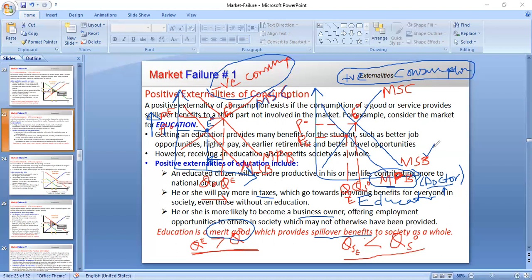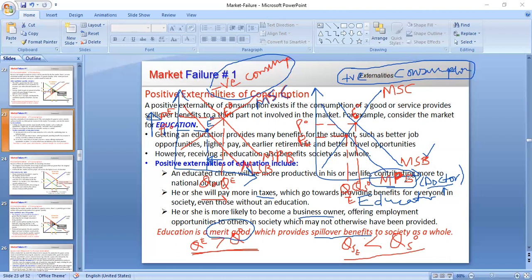But now he's issuing a vaccine to the citizens. Don't you think they are getting something free? They're getting a vaccine free. They're getting a free service from this doctor. So it means that the citizens are benefiting more than the doctor is benefiting from his salary as a result of the education that he incurred to become a doctor. So that's why we say the marginal social benefit is greater than the marginal private benefit with positive externality